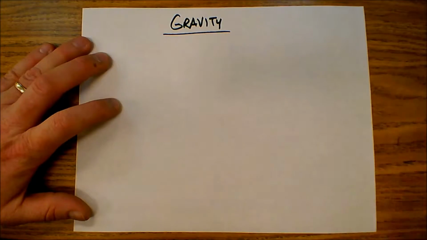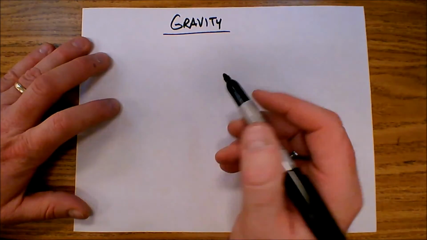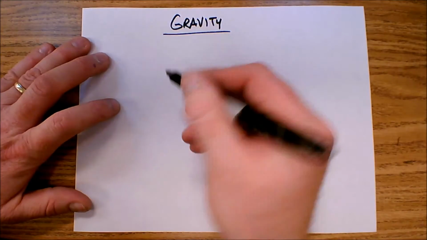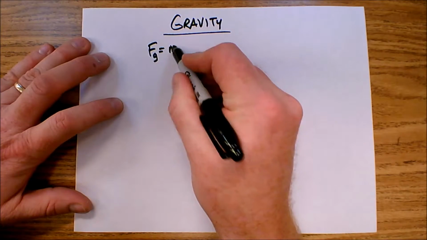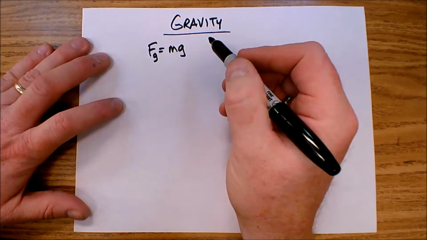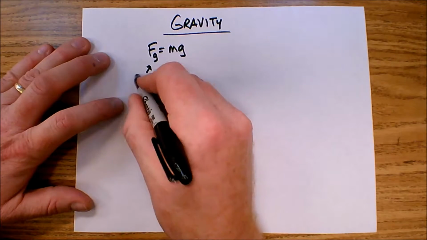All right, let's talk about gravity for a minute. Gravity is a force, and we've learned a couple of expressions for the force of gravity. One of them is the force of gravity is equal to the mass times little g. So Fg is the force of gravity,